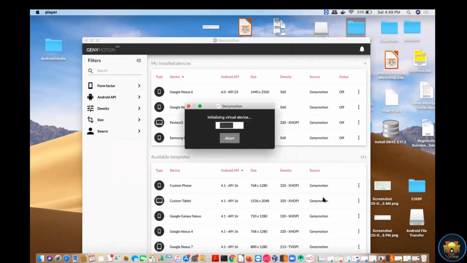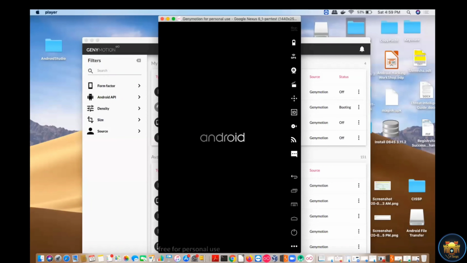For the sake of this presentation, I have downloaded a few Genymotion templates here. I'm just clicking on run, and it will get started. When it gets started, you can see the status saying that it is booting up. Once it boots up, it will show all the installed applications inside your emulator.